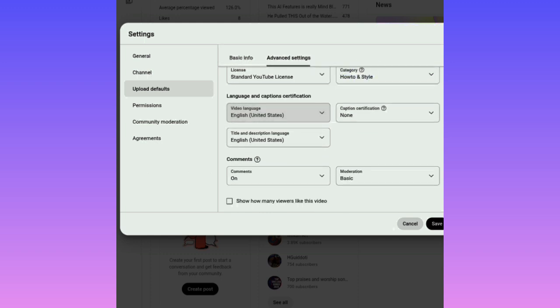Another feature you need to turn off is still here at advanced settings. When you scroll down, you will see this, how many viewers like this video. If yours is still on, go now and turn it off. And that is because most viewers don't watch a video that has fewer likes. They tend to scroll past it, because they might think that the video is not interesting or something like that. But when you turn it off,